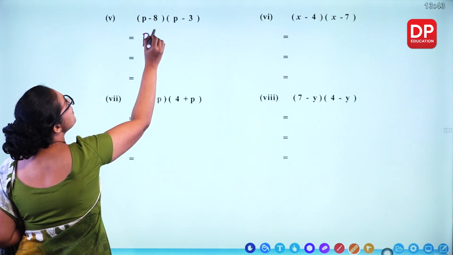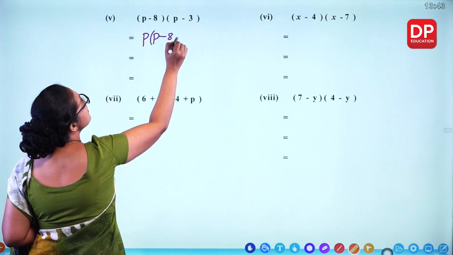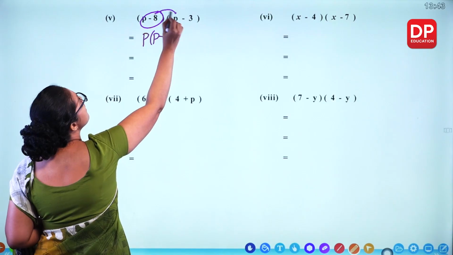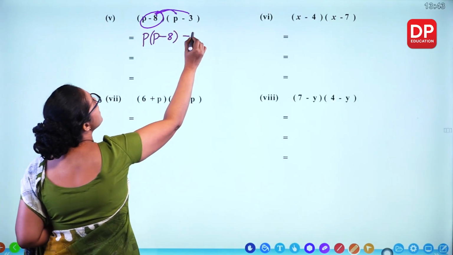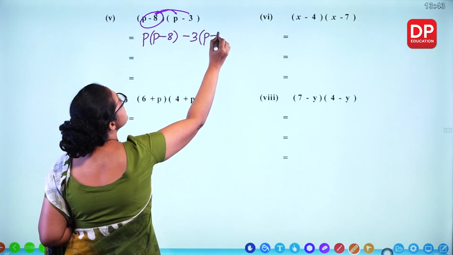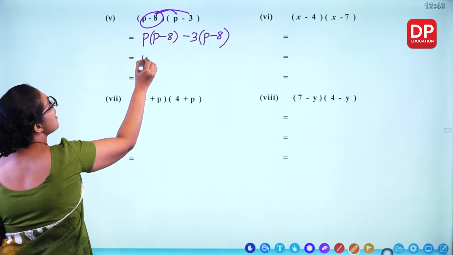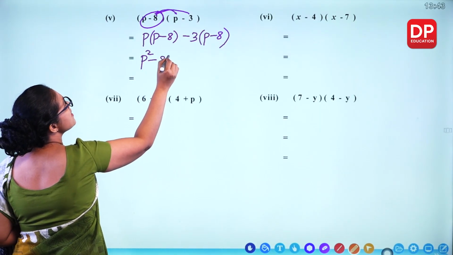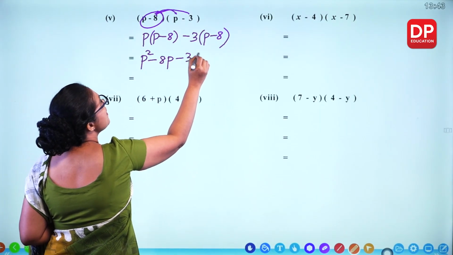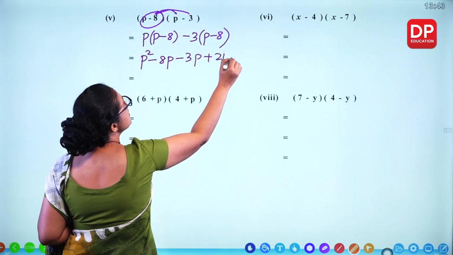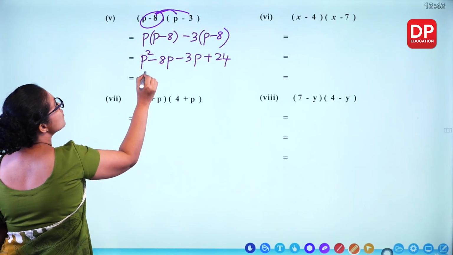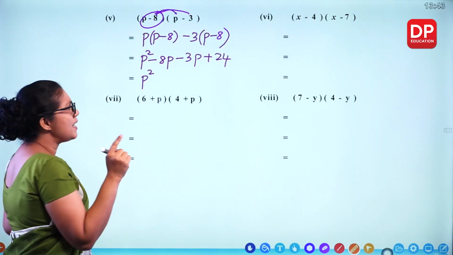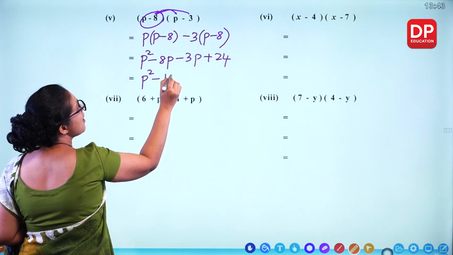P with p minus 8 and the other one is minus 3 with p minus 8. Expand brackets, you get p squared minus 8p minus 3p plus 24. P squared, 8 plus 3, 11. So this is minus